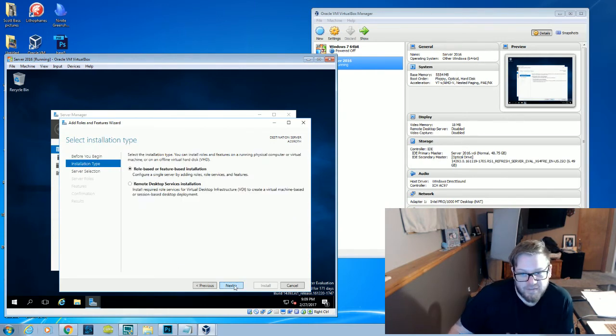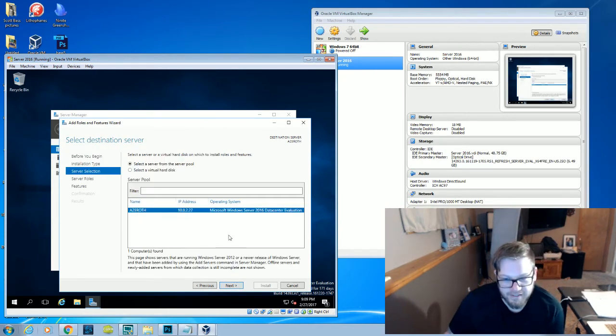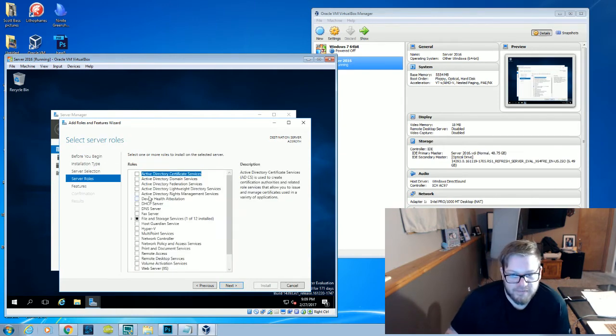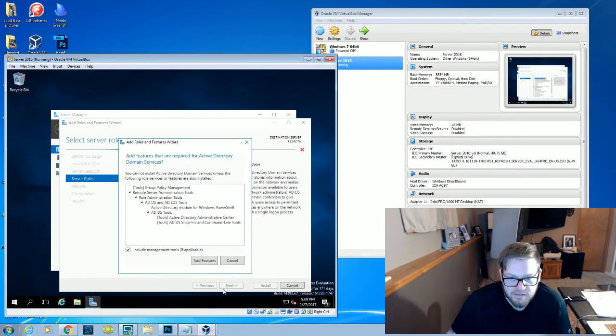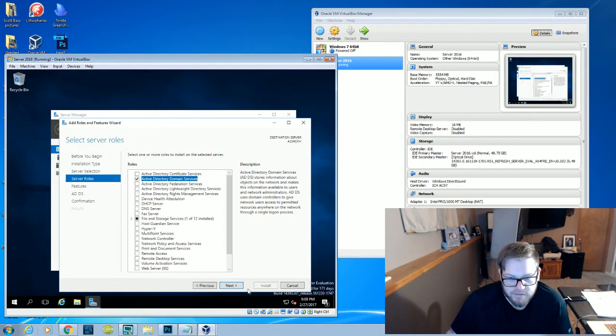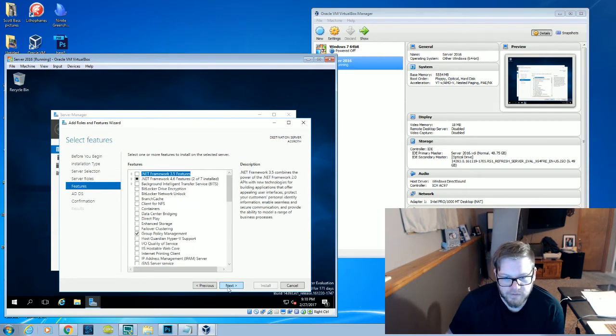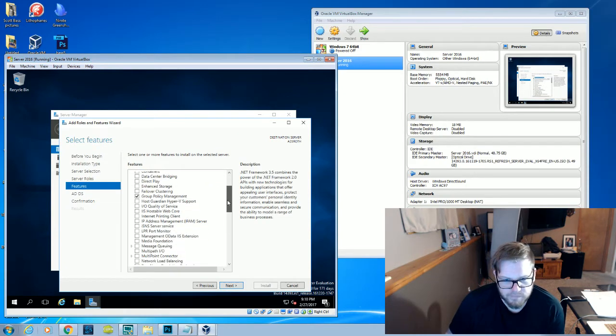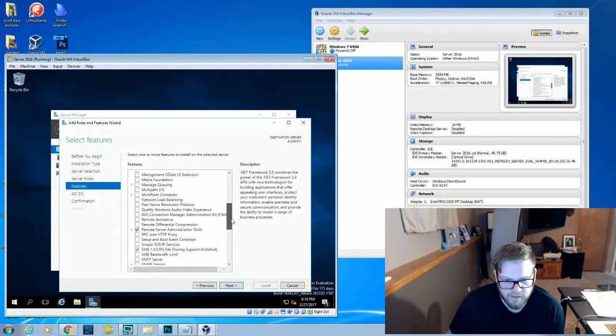Alright, so I'm going to go through this. Sweet, there we go. Active Directory Domain Services. Yep, add features. Next. I think I don't need anything here.